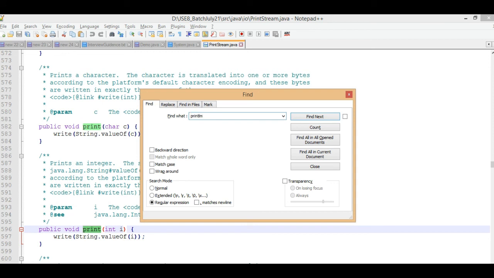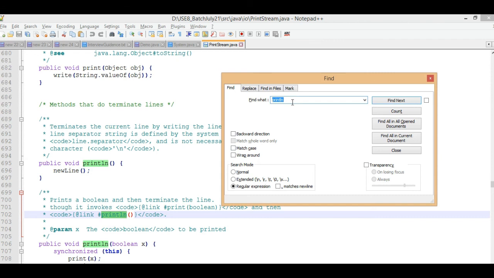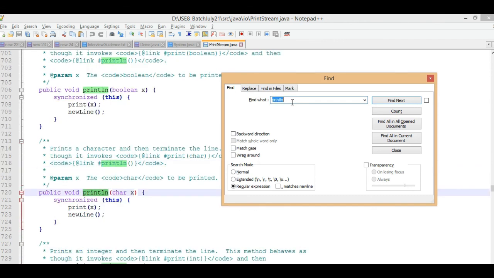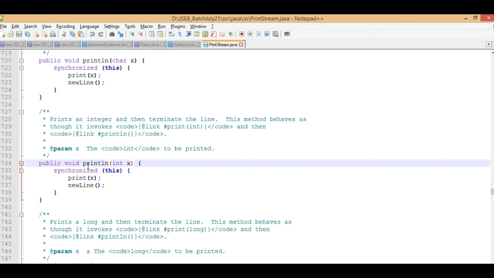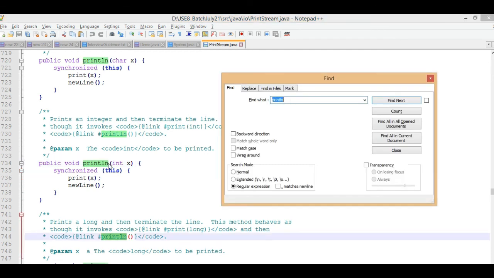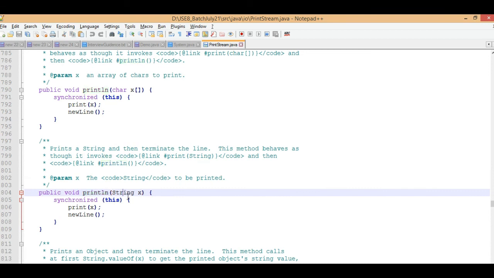Print, ln, yes, println. So here println has a string as an argument.